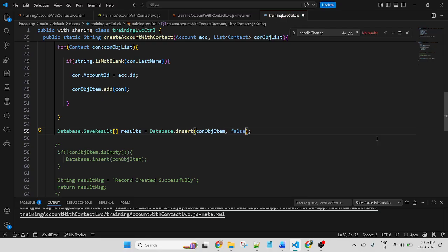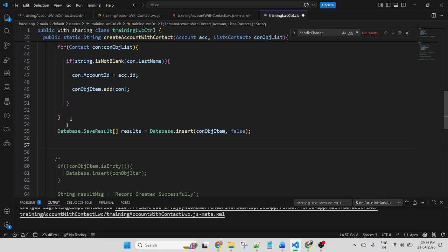This is a standard property. If you want to track how many records succeed and how many fail, you need to pass, first, database dot insert, then false. Then here I'm using database dot save result.